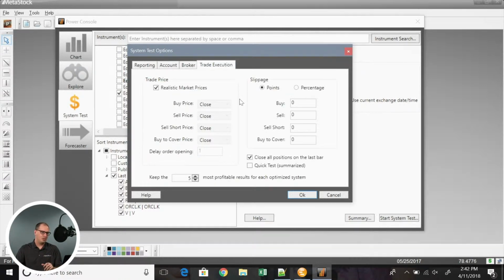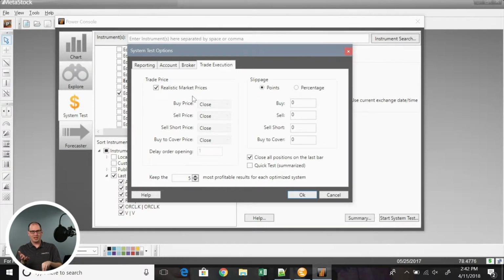Our last tab here, trade execution. This is one that may throw you off a little bit at first, but it's actually very, very easy. This trade price here gives you this option for realistic market prices. Well, what's a realistic market price? A realistic market price is basically saying,